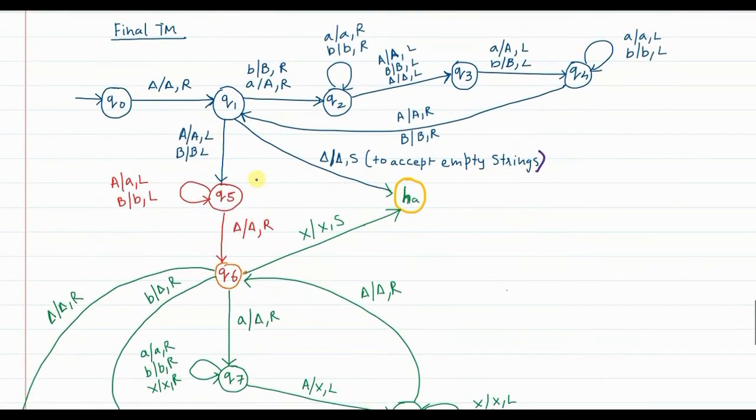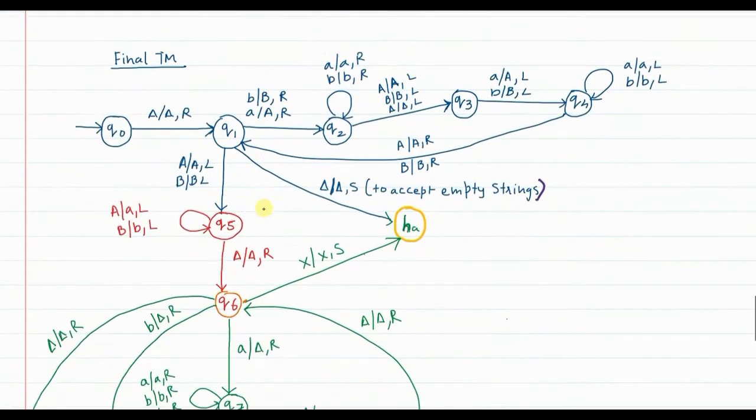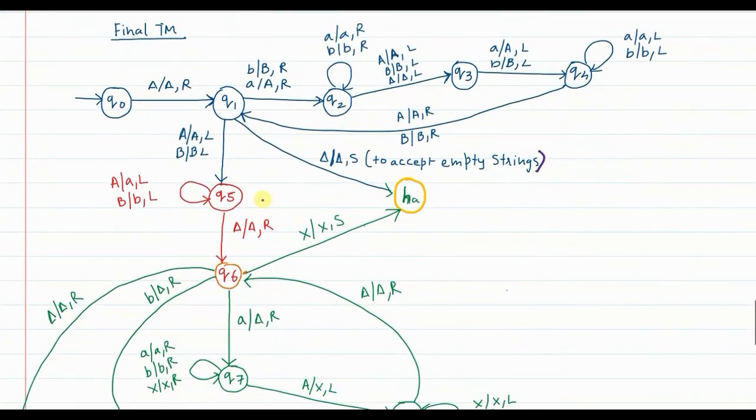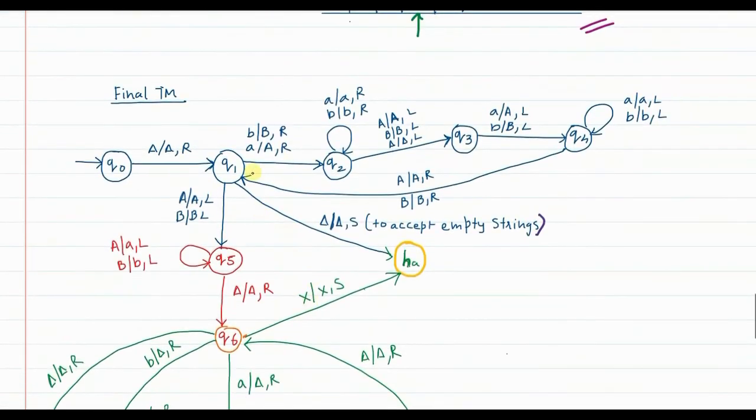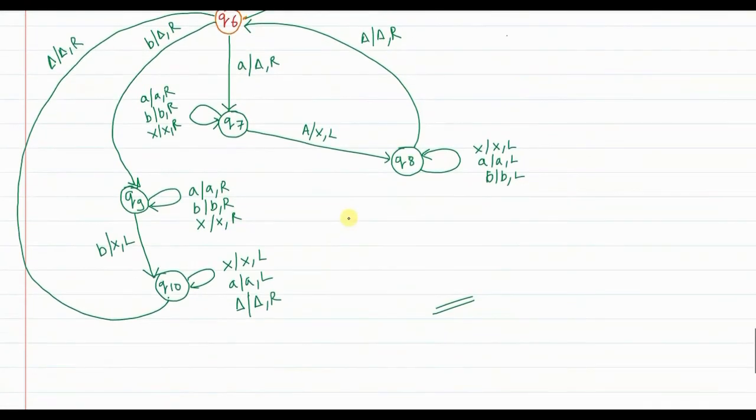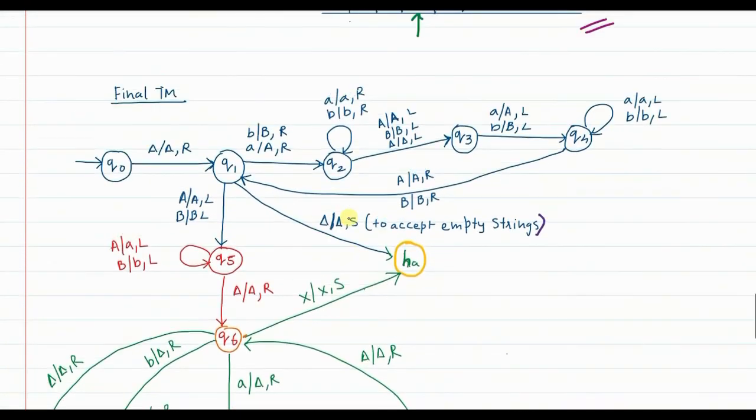Whenever such huge computation is required, as I have told you, you need to break the problem into parts, first design individual Turing machines to solve those small parts, and then combine all the Turing machines together to form a bigger Turing machine. Having a glance at this huge Turing machine, you will be confused. But now that I have taught you by splitting it into parts, it will be easy.